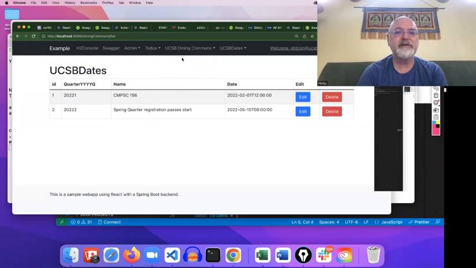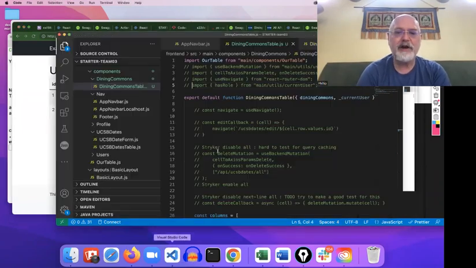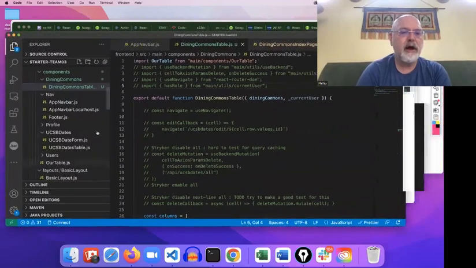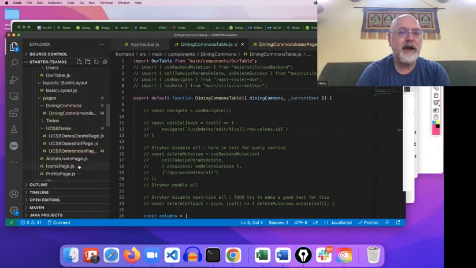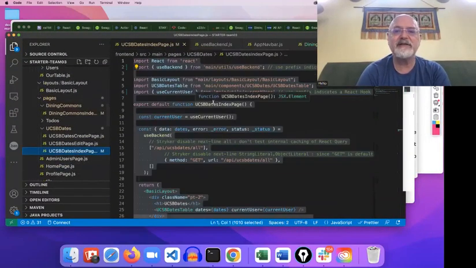and let's go to list dining commons. And what I'm seeing on dining commons is actually UCSB dates. What? All right, let's see if we can figure out why that happened. So let's go back to our code, and if I go to our dining UCSB dates index page,